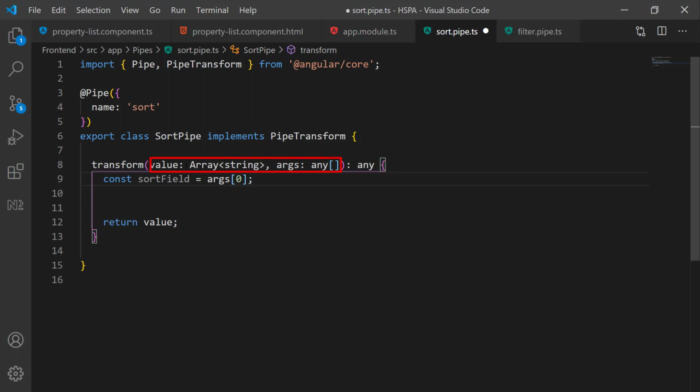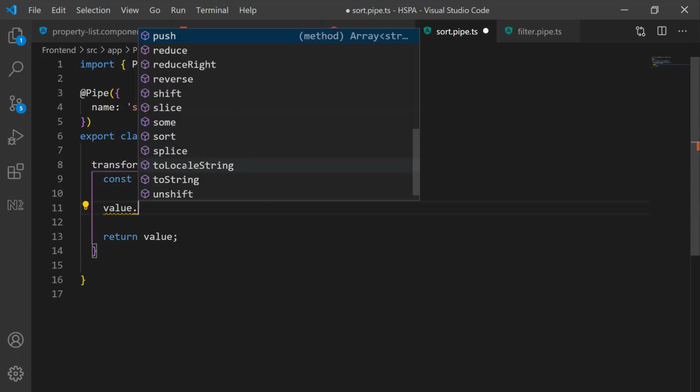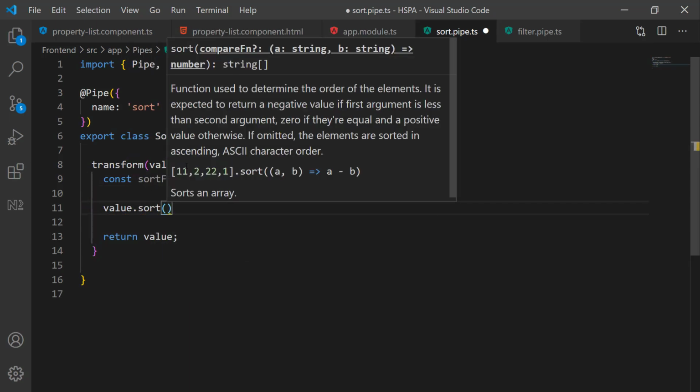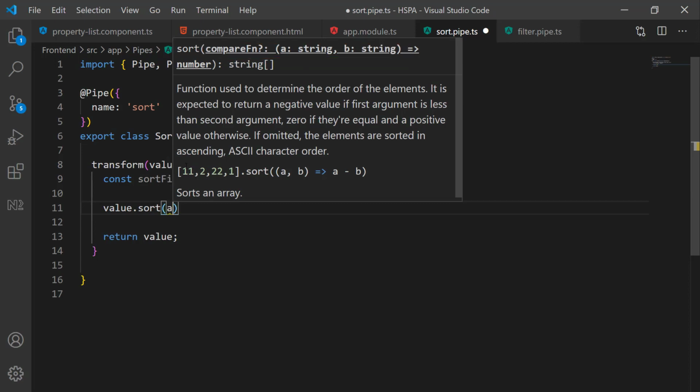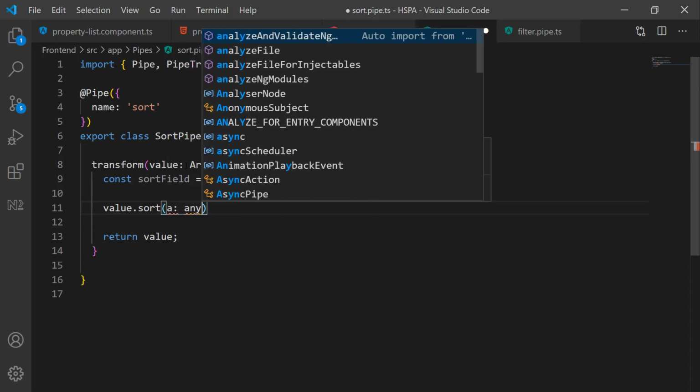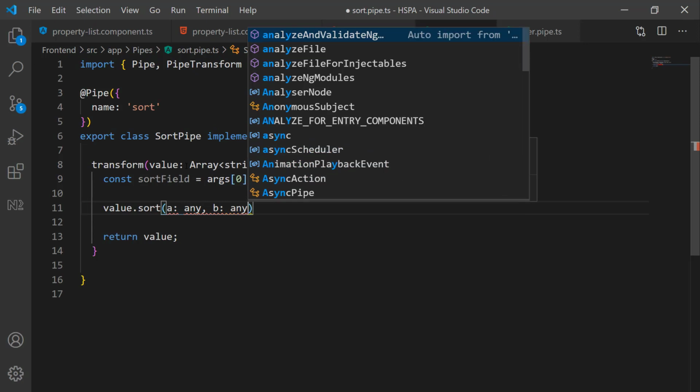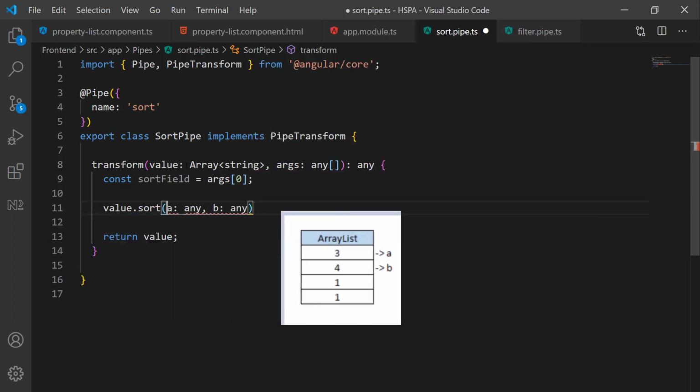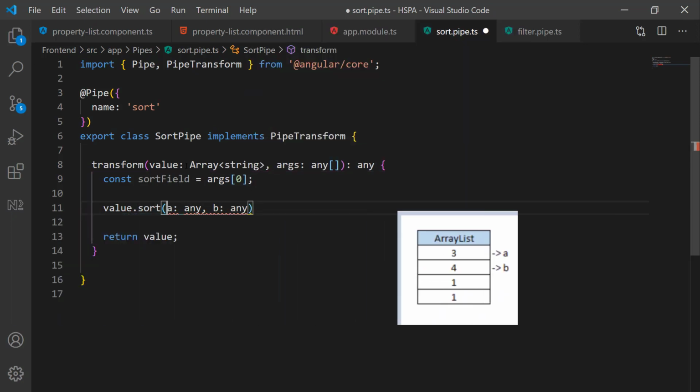We will add one more parameter that would be a sort order like ascending or descending, but let's first keep it very simple so that you can understand the logic. So we will use the sort method of array, and this method provides an optional argument to pass a compare function, and that compare function should have two parameters a and b, where a will be the first item of the array and b will be the next item of the array in iteration.